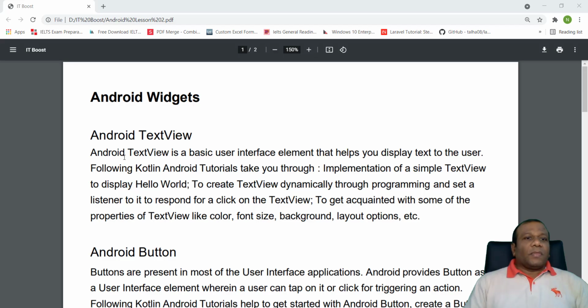Android text view. Android text view is a basic user interface element that helps you to display text to the user. It is used to display text to the user, right? Not to type. Text view is not to type, just to display the information to the user. The following Kotlin Android tutorial takes you through the implementation of a simple text view to display hello world. To create text view dynamically,